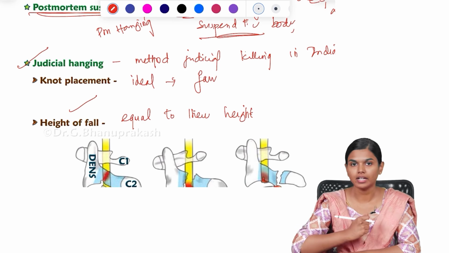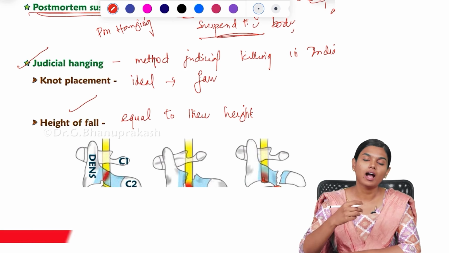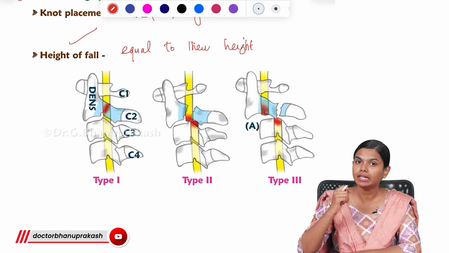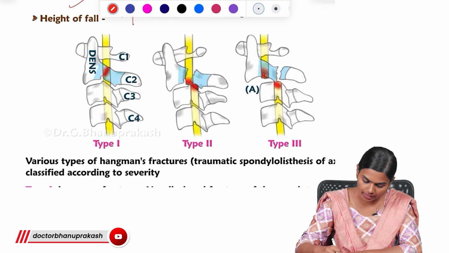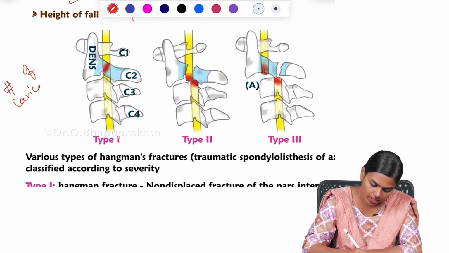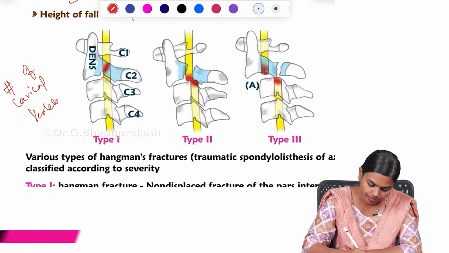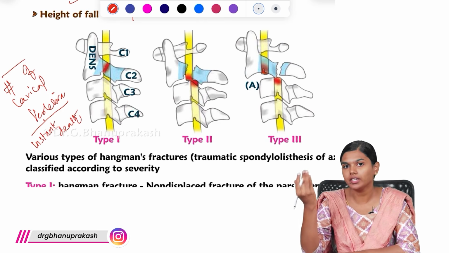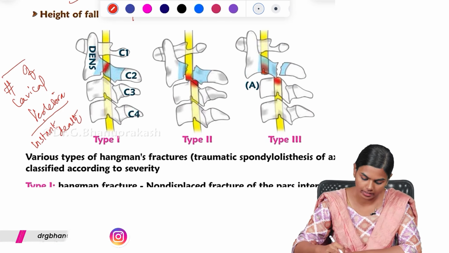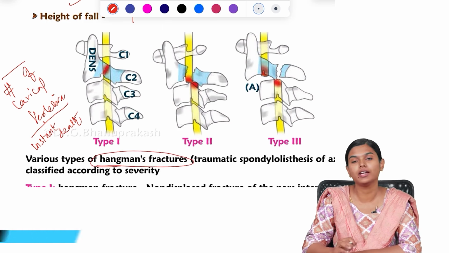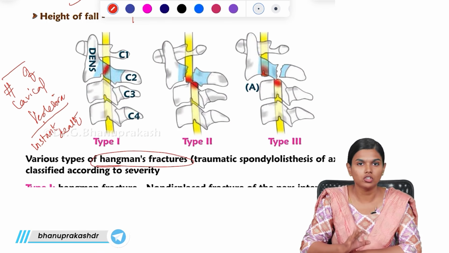So they will just suddenly open the fall and the person will fall for 160 centimeter, so that there will be immediate fracture of the cervical vertebra. So you have the fracture of cervical vertebra. So this will cause instant death. So this fracture of the cervical vertebra will result in instant death, and this fracture we call it as hangman's fracture. So this is the name of the fracture that is seen in this judicial hanging.